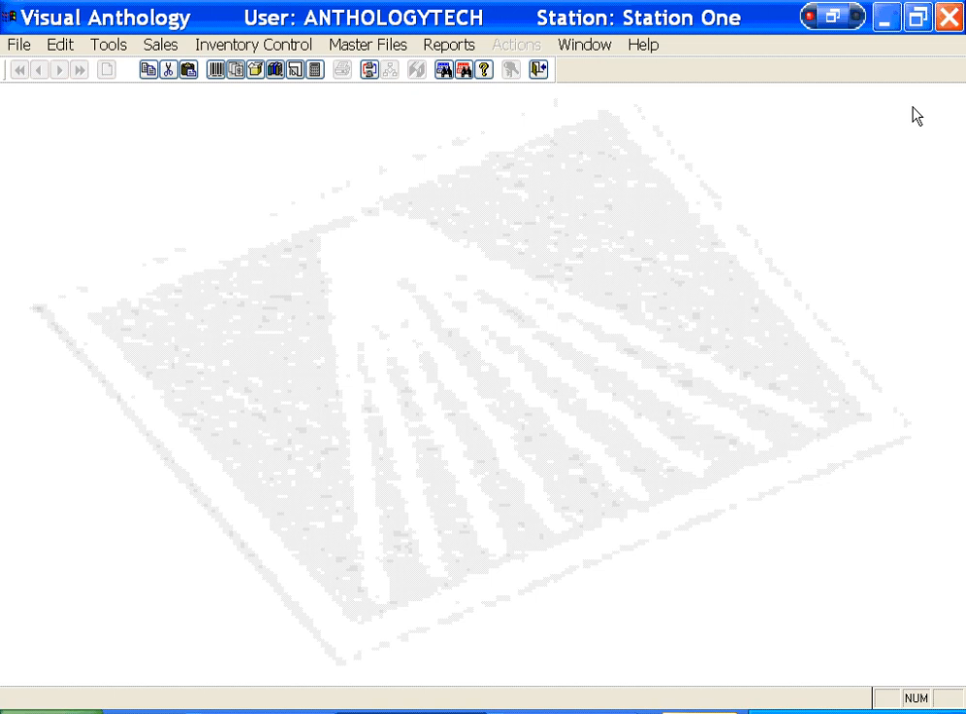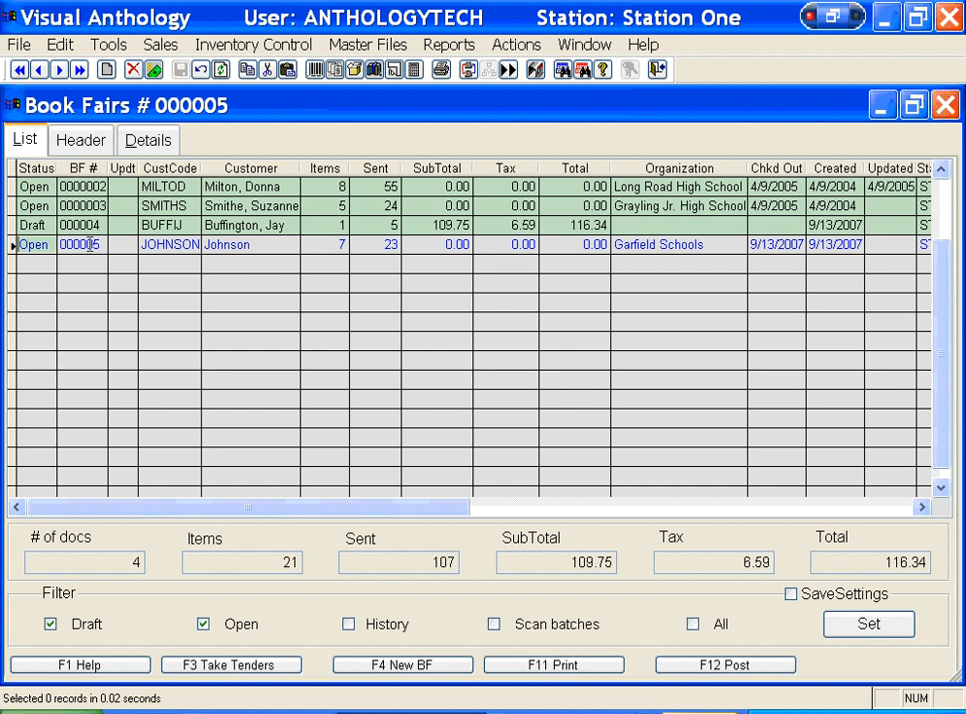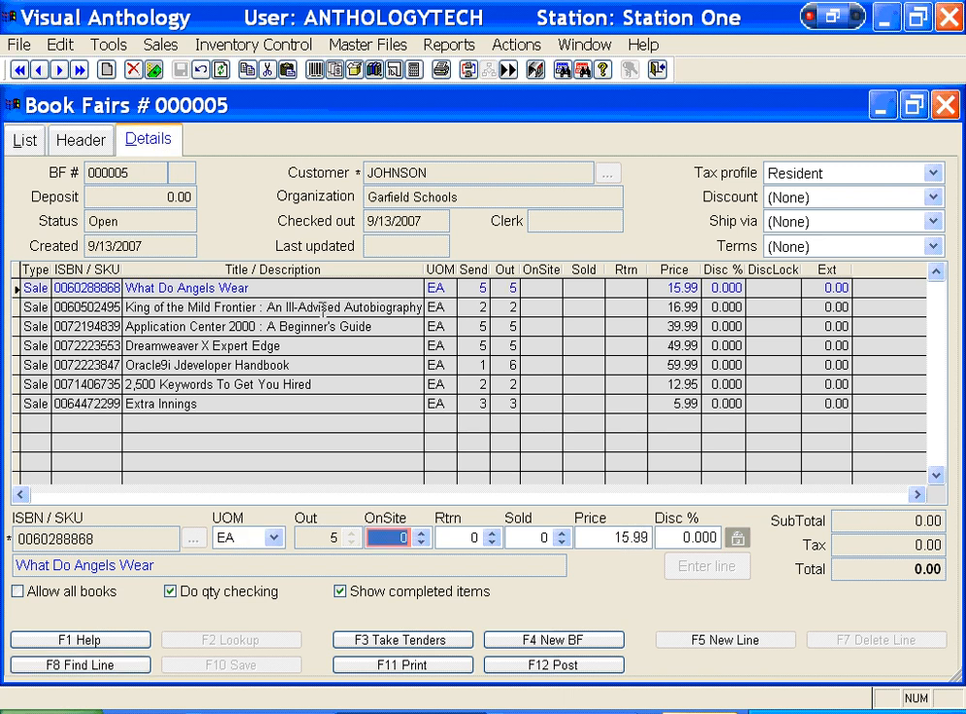So we'll go back to our book fair, and we were working on book fair number 5. You'll see that it has a status of open, and we can go to the details. And just to point out again, we sent a certain quantity of every title on this list, and there's also